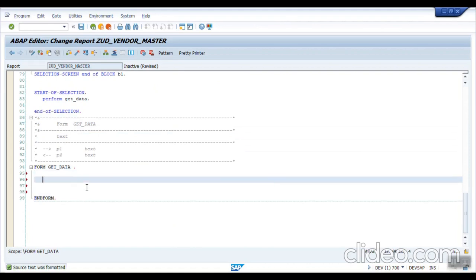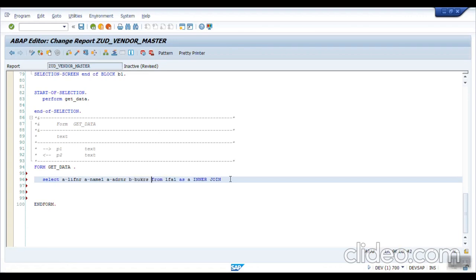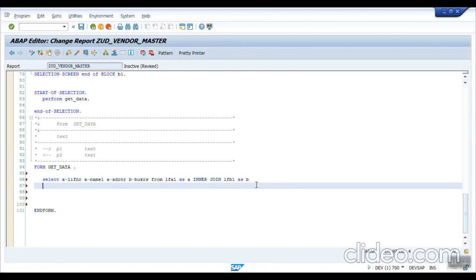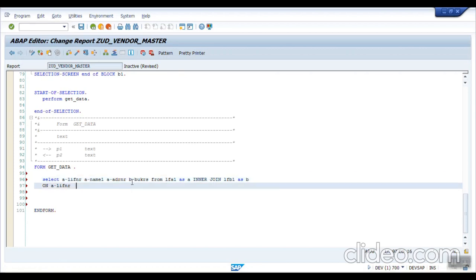So here my first selection will be from LFA1 and LFB1. So I want to select here, let's say A-LIFNR, also A-NAME1, and A-ADRNR from LFA1 as A, inner join, and I would like B-BUKRS from LFB1 as B on A-LIFNR, that is the joining field, the foreign key of my LFA1 and LFB1, on A-LIFNR equal to B-LIFNR.